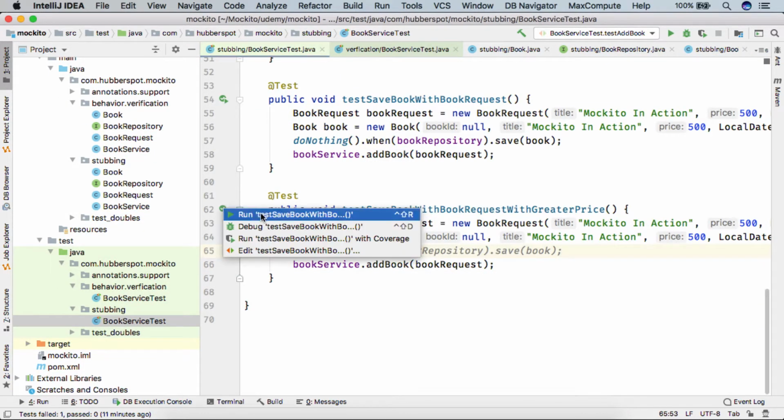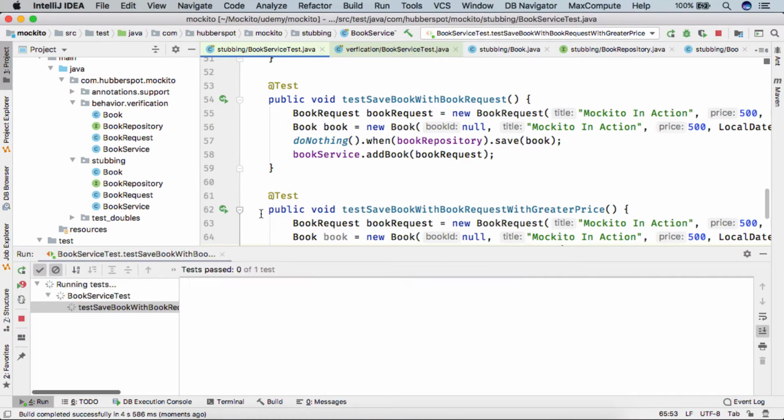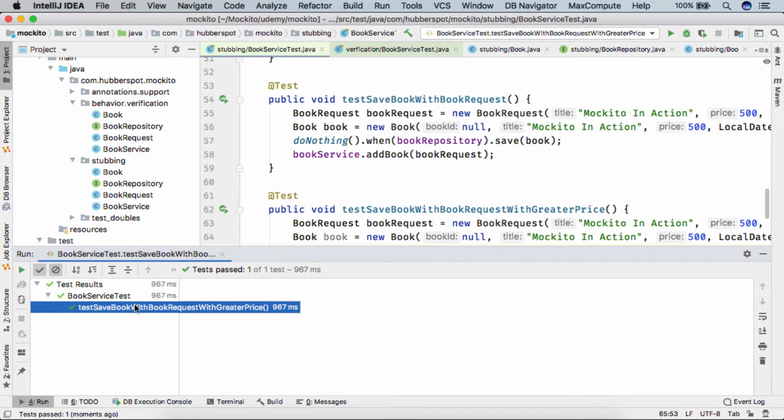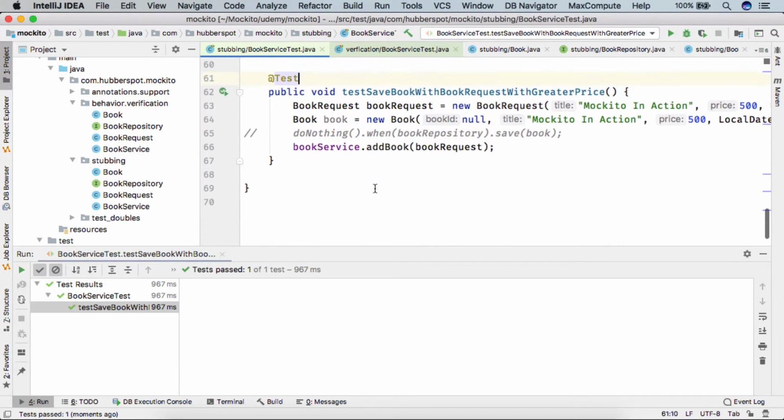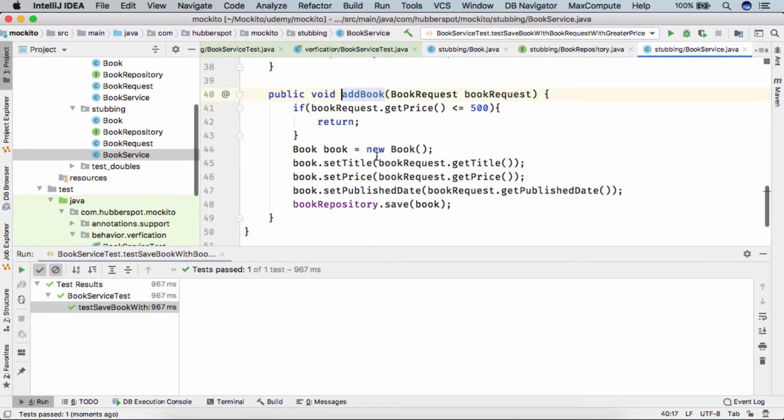So friends, if I run the test case, you see the test case got executed successfully. But here we simply called the book service add book method and passed the book request. There is no way we came to know whether we returned from here or whether this method got executed completely.